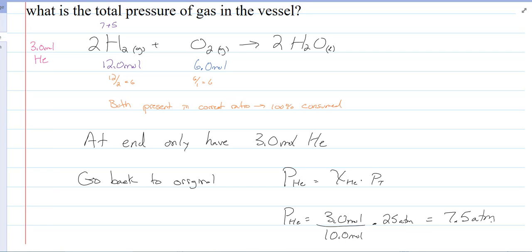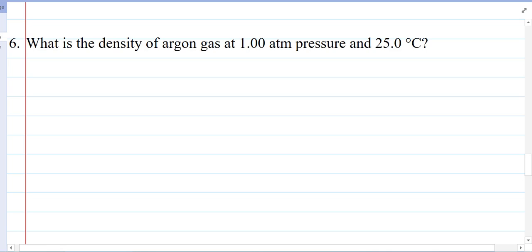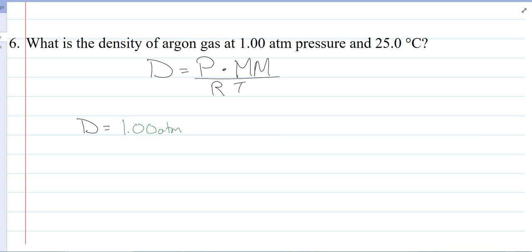Number 6. What is the density of argon gas at 1 atmosphere pressure and 25 degrees Celsius? So if you remember our density formula, density equals pressure times the molar mass divided by RT. So the pressure would be 1 atmosphere. The molar mass of argon looks like it's 39.95 grams per mole. R, of course, is